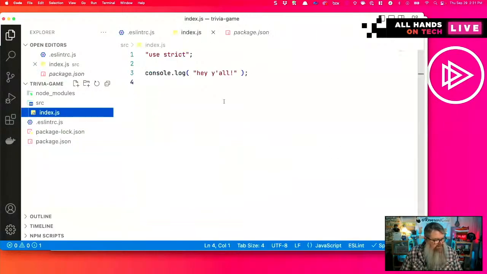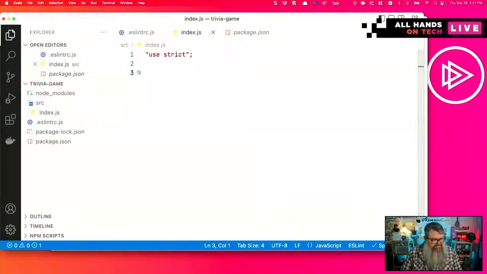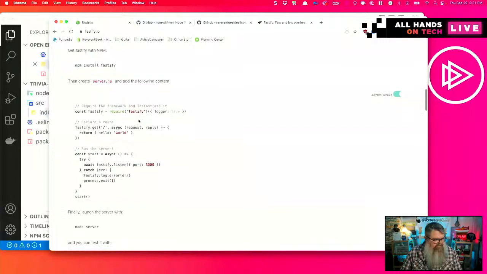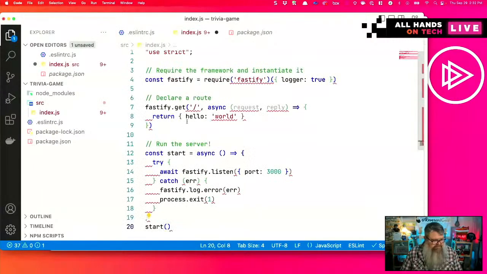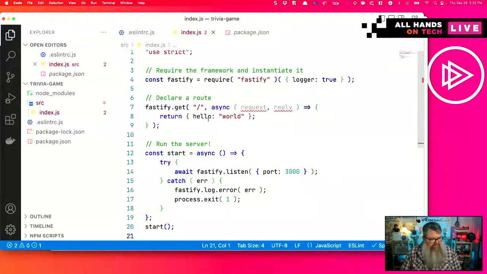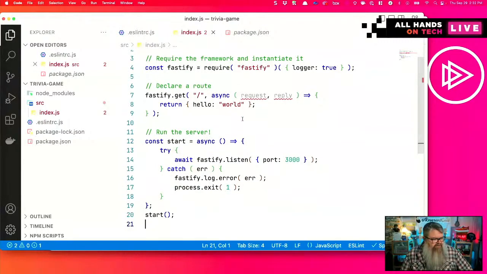And we don't want our console log anymore. Let's just take what they have here, copy and paste that in, save it, which is going to reformat it based on my ESLint rules.